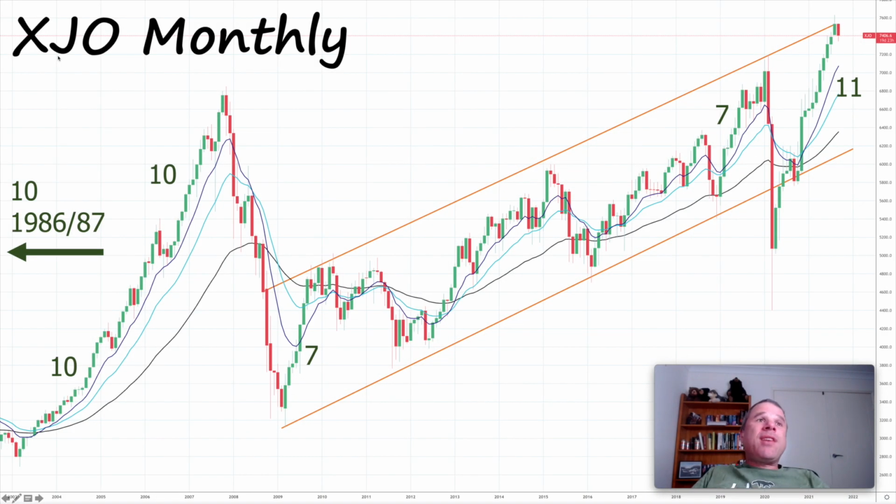Now onto some monthly charts, and the first up is the XJO Monthly. This goes back to 2003, which was the start of that bull run that preceded the global financial crisis. And we saw the market go from about 2,800 to a top of almost 7,000, 6,800. The numbers I have here are the number of months in a row where we saw the market rise. So 10 meant the market rose 10 months in a row, twice during that bull run between 2003 and 2007